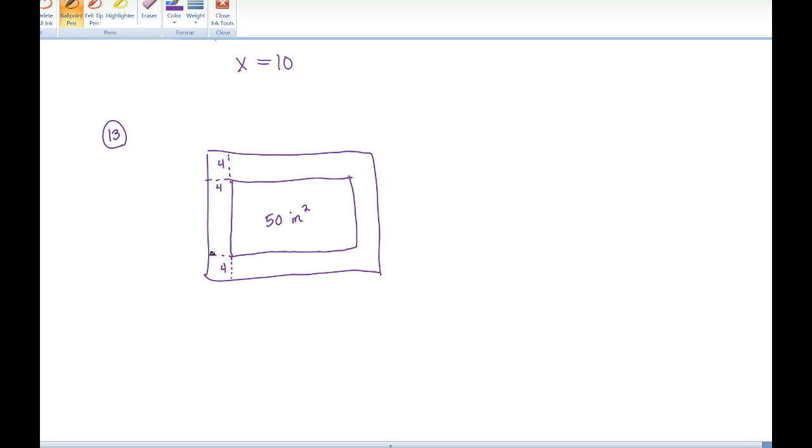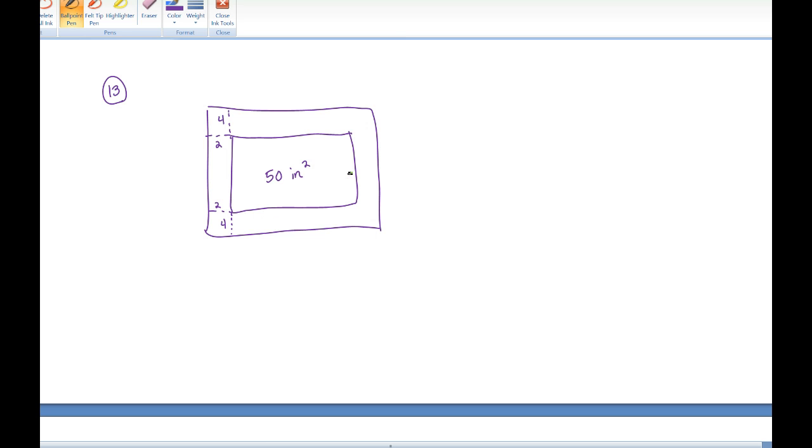Oh, no, I'm sorry. I didn't read the whole thing. So it's a 4-inch margin at the top and the bottom and a 2-inch margin at the side. So actually, let me just rewrite this. So we'll say this will be 2 here and this is 2 here. So what overall dimensions will minimize the amount of paper used? Okay, so